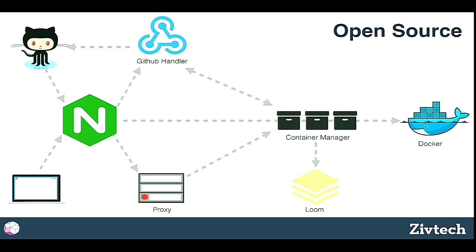And we have a microservice architecture. So I'm going to walk through each of these units individually, but here is sort of the overall layout. You've got web requests coming in. You've got GitHub notifications coming in.